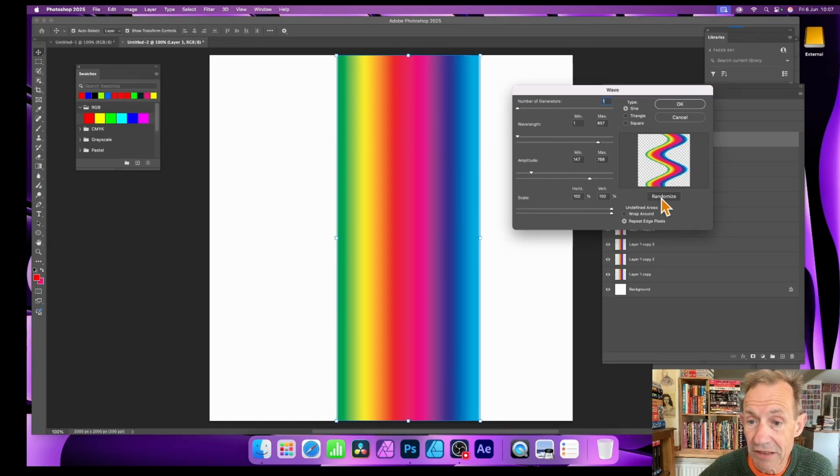And it randomizes. Now it doesn't change these. But you can see when you click randomize, now unfortunately, it doesn't have a lock feature. I would love it to have a lock feature, so you could just lock it to be randomized. So when you repeat it again, it just randomizes it automatically. But it doesn't do that.